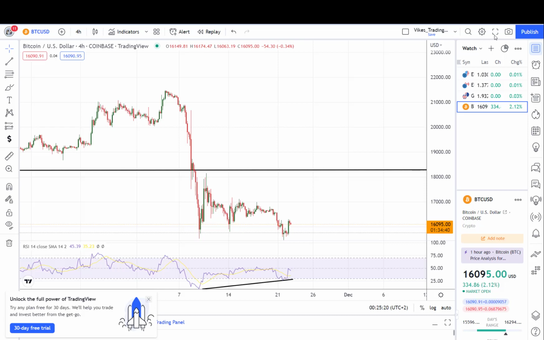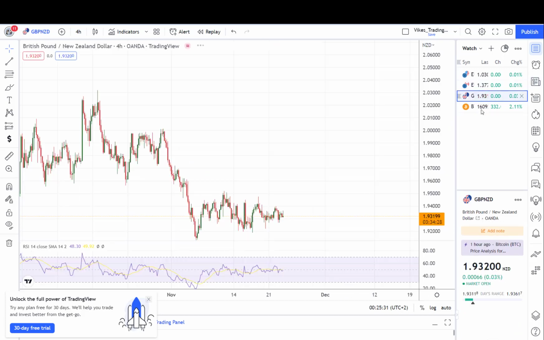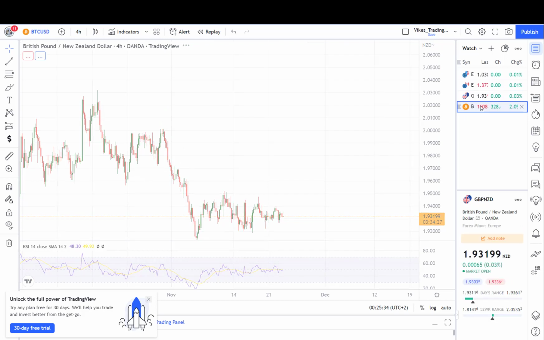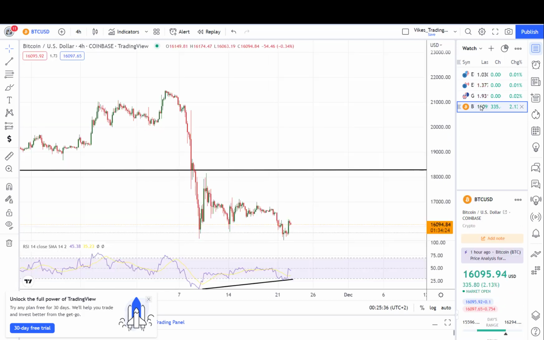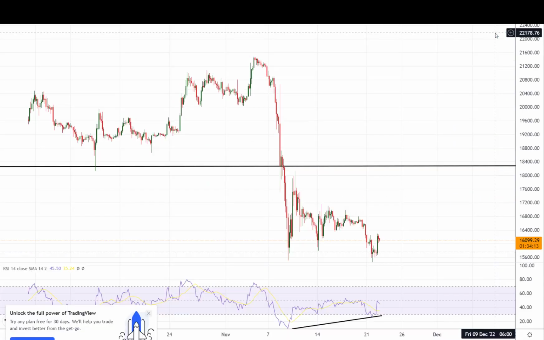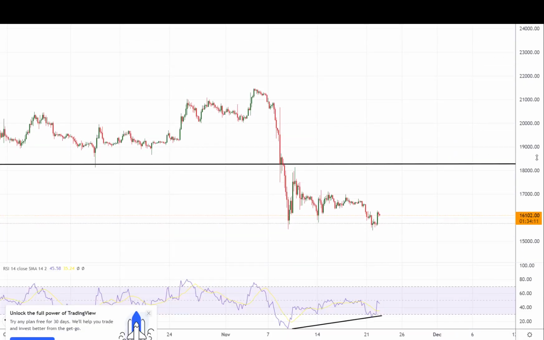Today I wanted to discuss a few pairs that I'm looking forward to trading. One is Btcusd, the other one is Eurusd, the other one is Gbpnzd. So let's start with Btcusd. Currently we are looking at the 4-hour time frame, and if you look at this pair,